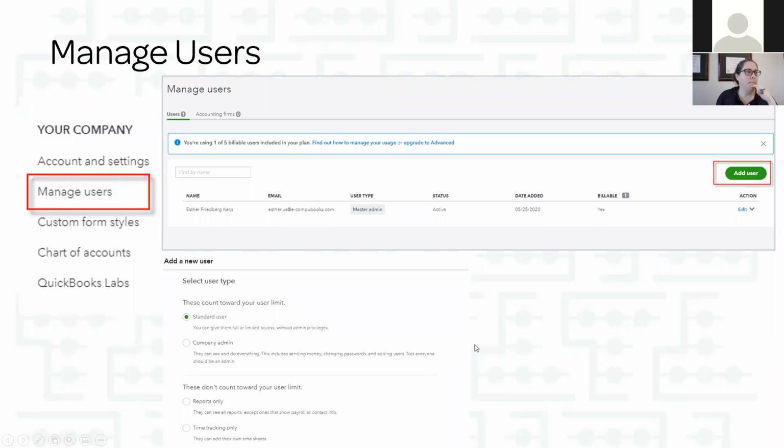Okay, manage users. All right, so now I'm going to check the time. Okay, I'm on page 20. So all the things I talked about, the settings, are in the